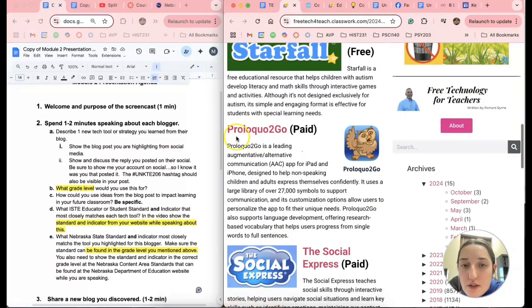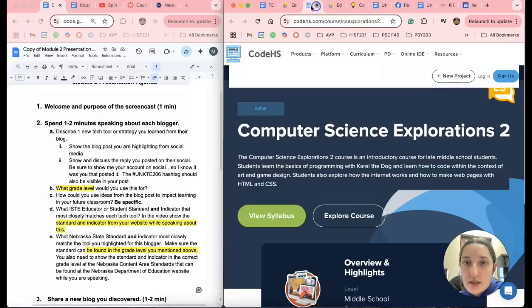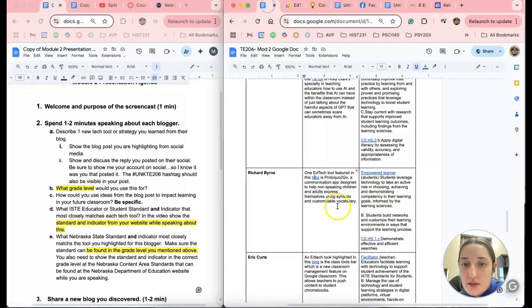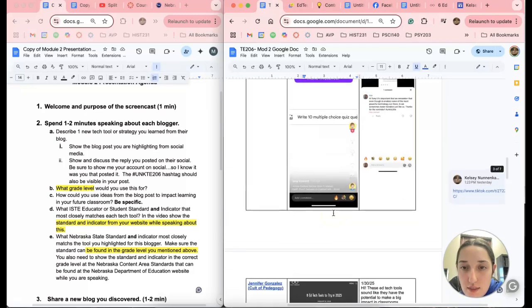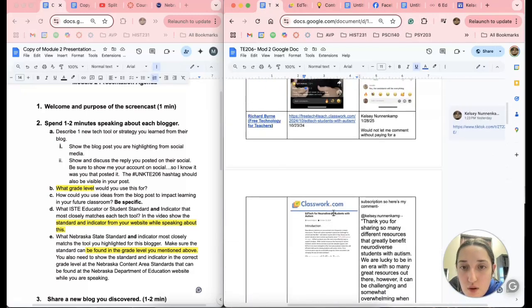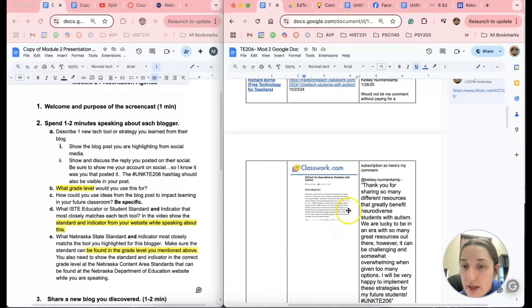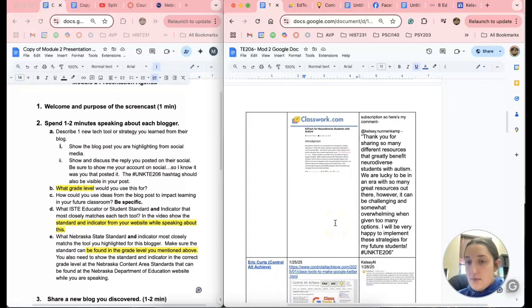The one that I used is right here. It is not a free app, but it's still accessible for education. I commented on that one. Well, it was making me want to pay and sign up, so my comment did save.